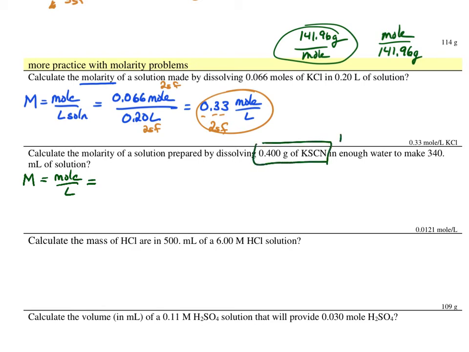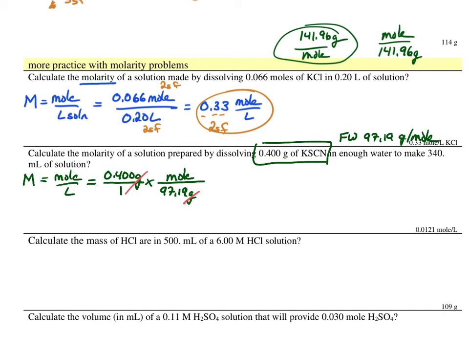We're going to need the formula weight of potassium thiocyanate, and that is 97.19 grams per mole. So we have our mass, and we're going to divide by 97.19